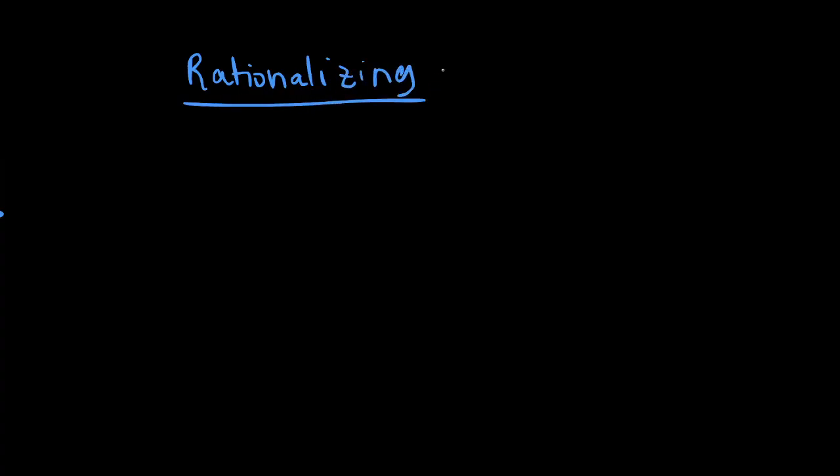Now the next tool in our arsenal for finding limits is going to be something called rationalizing. This is something you'll often have to use when you have a limit where the function has a square root. So let's say we're finding the limit as x approaches 0 of the function square root of x plus 1, minus 1,